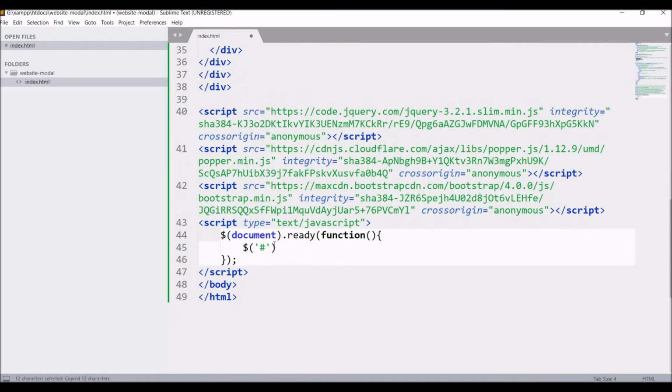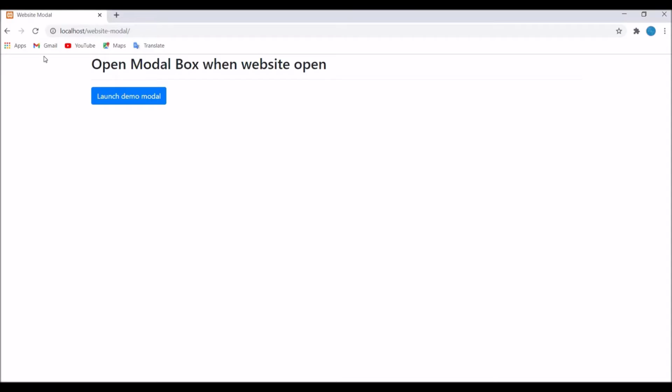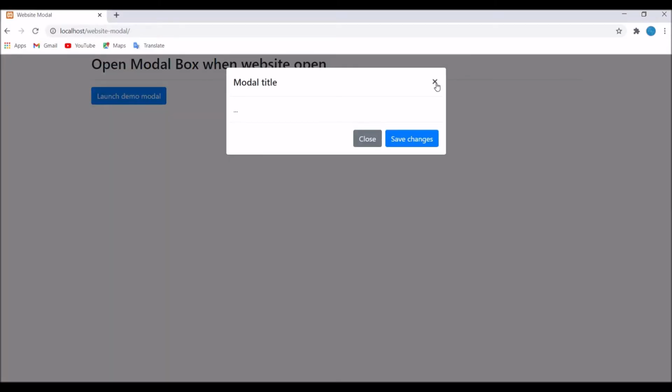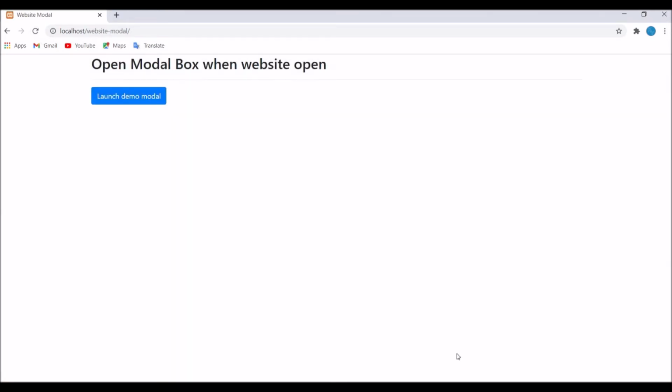I have the ID example modal, then dot modal, and pass show. So this will open up our modal box. Now let's go and check in the browser. Refresh. You can see without clicking on the button my modal box is opening now. So that's what I wanted.